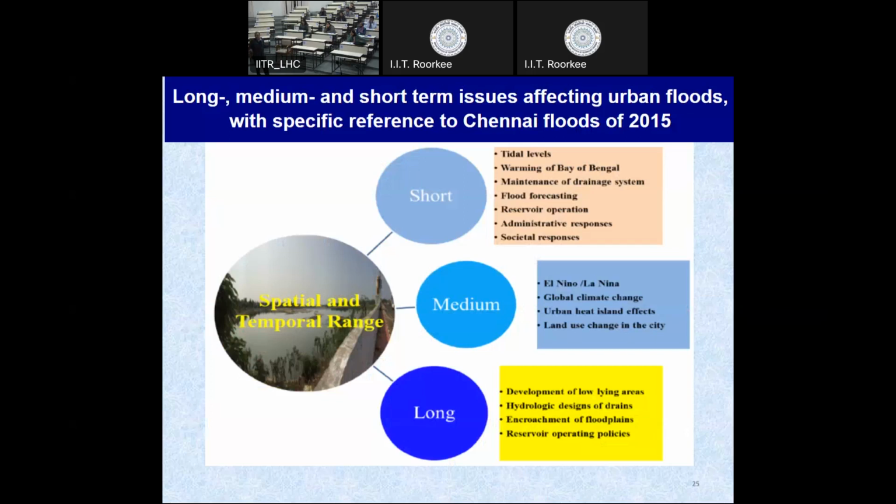Then hydrologic design of drainage. Drainage design needs to be reviewed in terms of changing rainfall intensities and encroachment of the floodplains. Like in Kerala, we have to remove this encroachment, otherwise nature will remove it, as happened in Kerala. If you don't go yourself, nature will come someday and remove everything. That is one of the questions. So these are the set of measures which came out after a quick assessment of the Chennai floods of 2015, and this should be a guideline for all the urban development in the country.